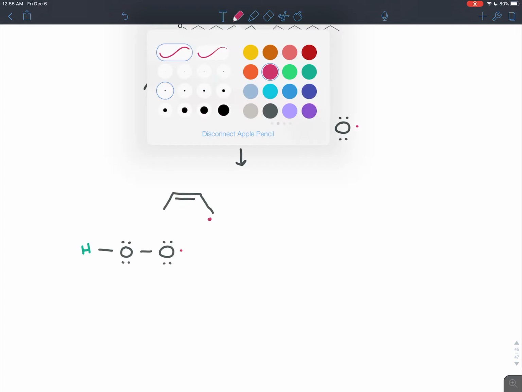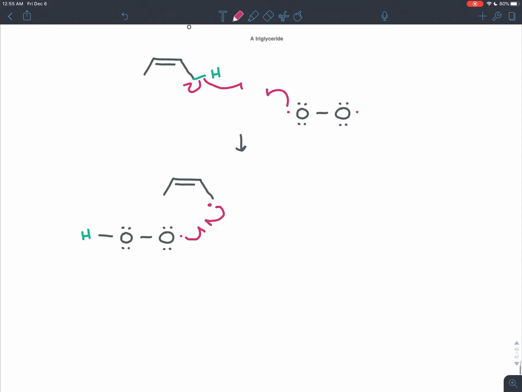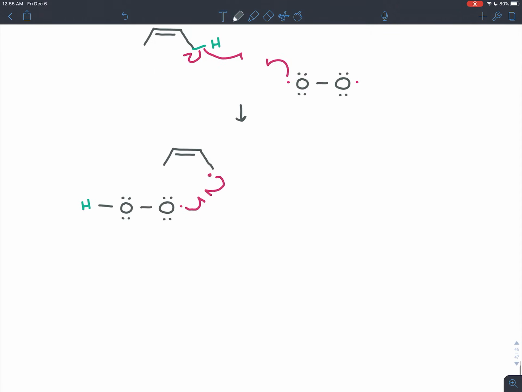Oh, and before I do this, let me just draw in, just in case you need a refresher. Remember, this radical exists in a p orbital. The pi bond is created by parallel p orbitals. Notice that all three of these p orbitals are parallel. The radical is able to spread out over all three of those atoms, and that stabilizes the charge on the radical. That's why this is a very vulnerable position. That's why oxygen in the air can rip that hydrogen off and form the radical there in the first place. Once you have that radical, the other radical in the oxygen can donate that one electron. That carbon radical can donate one electron. And what you end up with